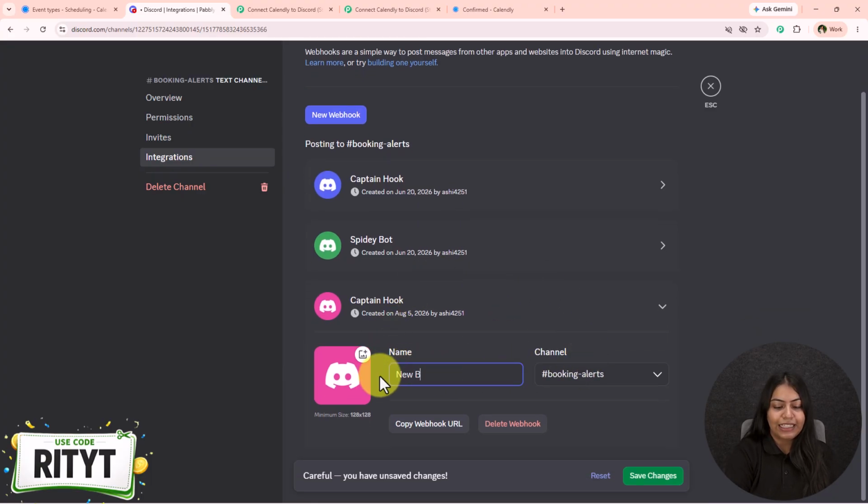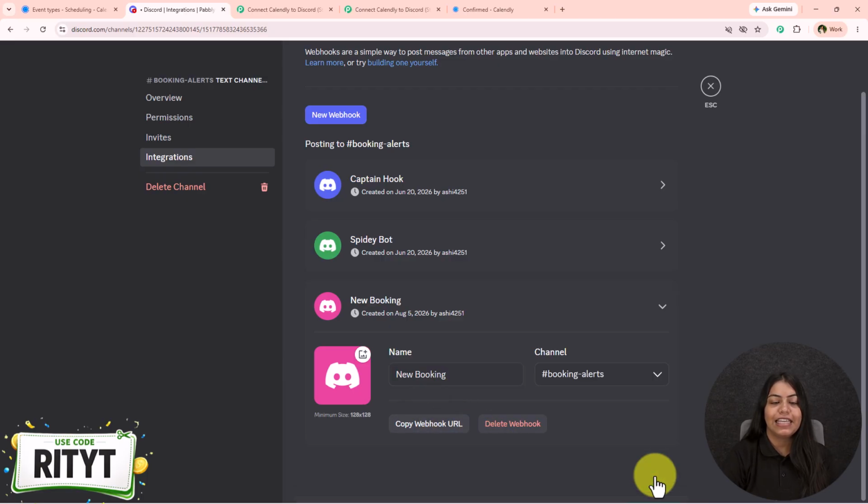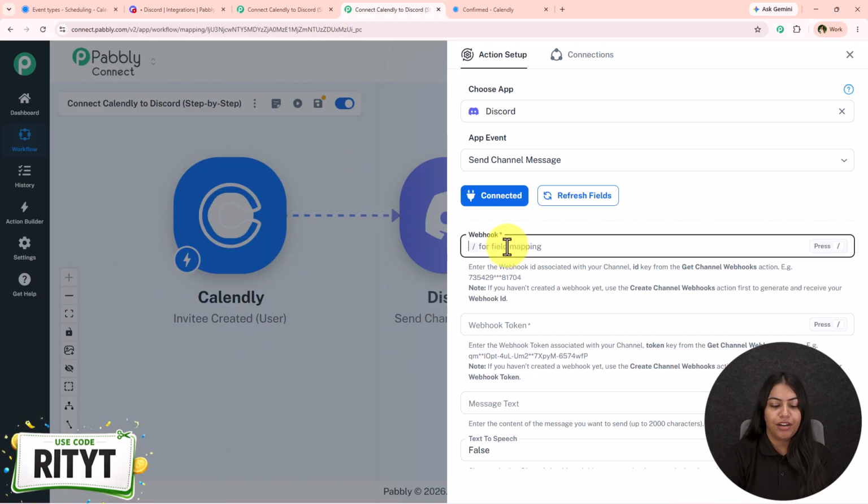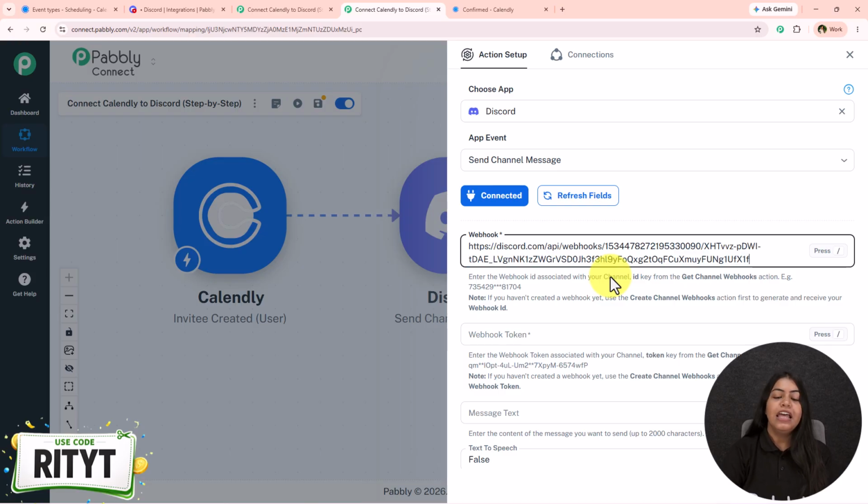You just edit the name of the webhook to avoid any confusion. Copy the webhook URL and click on this save changes. Simply paste the webhook URL right over here in this webhook section. Now over here we have to get the webhook ID and the webhook token, and both are in this webhook